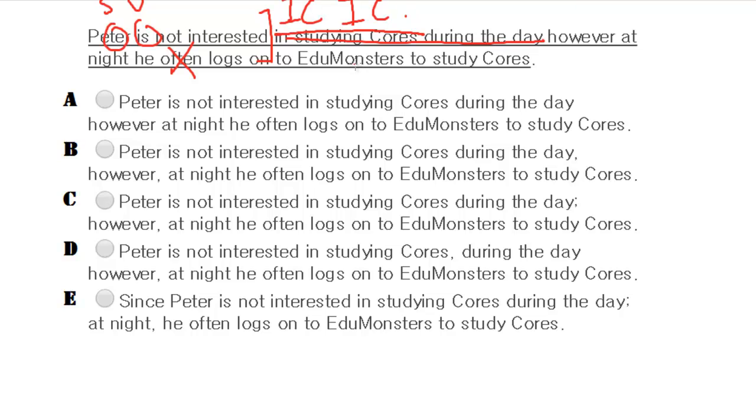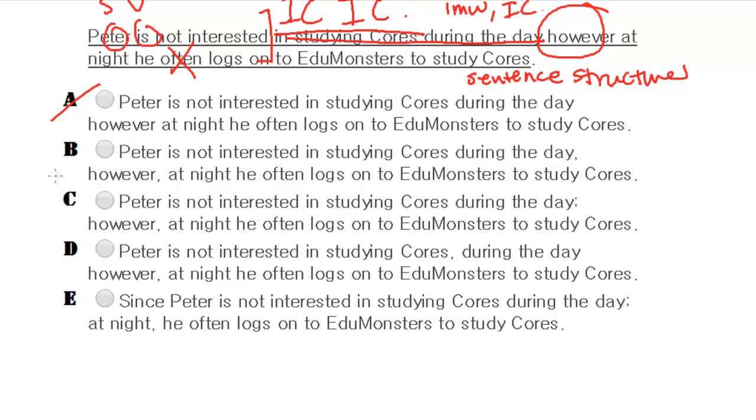I've seen a lot of students think, oh no, it's because of the word however, right? No, this is not true, because however is what's known as an adverbial conjunction or independent marker word, meaning you could start sentences on your own by itself, right? And if you're confused about this, go check my lessons on sentence structures. It's actually fundamental sentence structures, and it'll explain to you why these two sentences are wrong. But that's why A is wrong, because it's just a run-on, two sentences that are just combined, right?